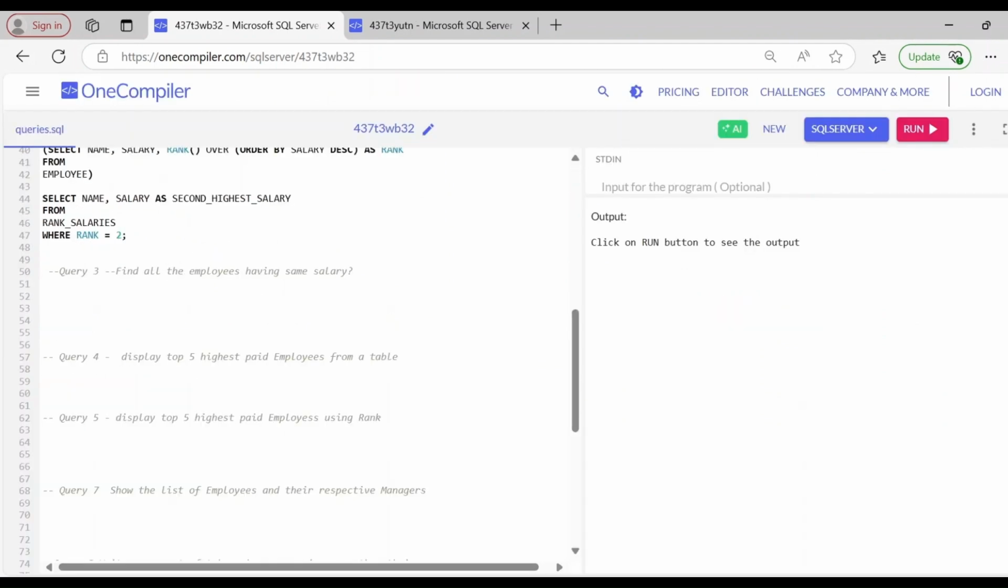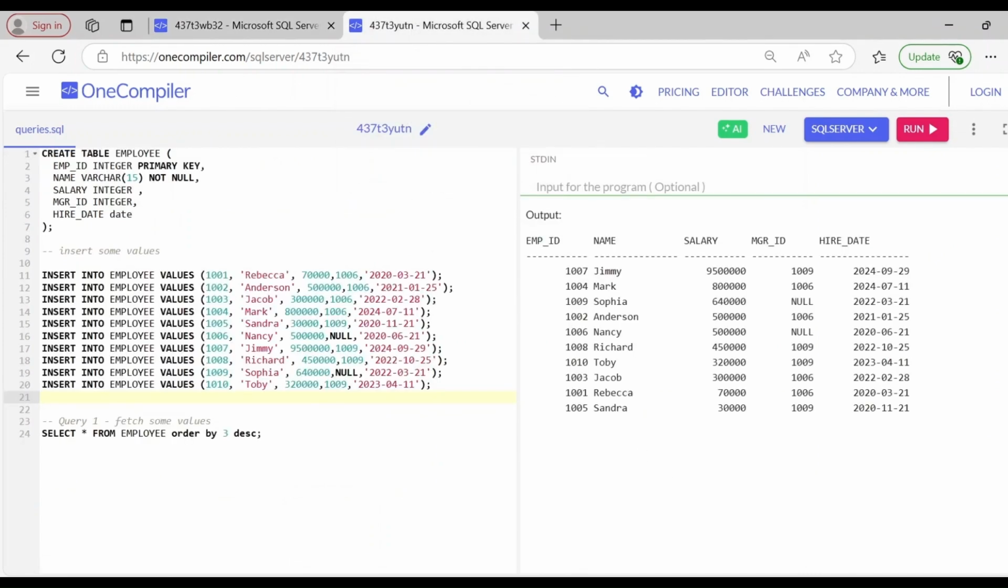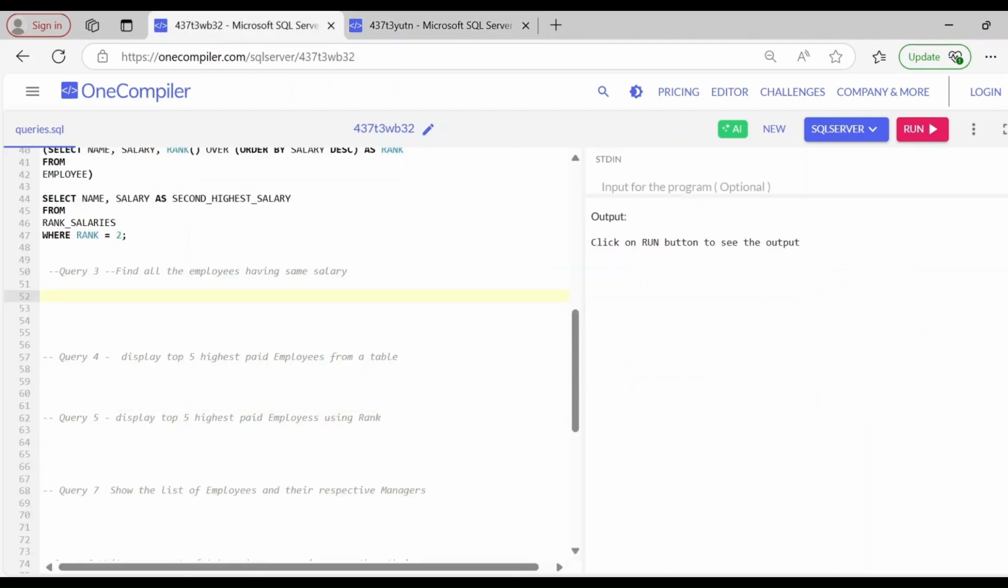My third query is find all the employees having the same salary. So let me again quickly show you the data once. Here you will see Anderson and Nancy are having the same salary. So when I run the query, I should get Anderson and Nancy. So my query will be